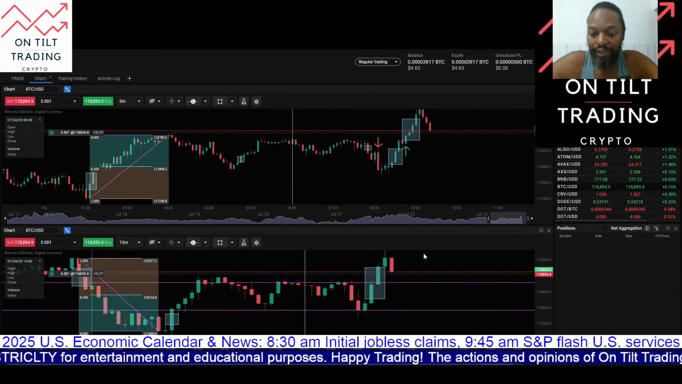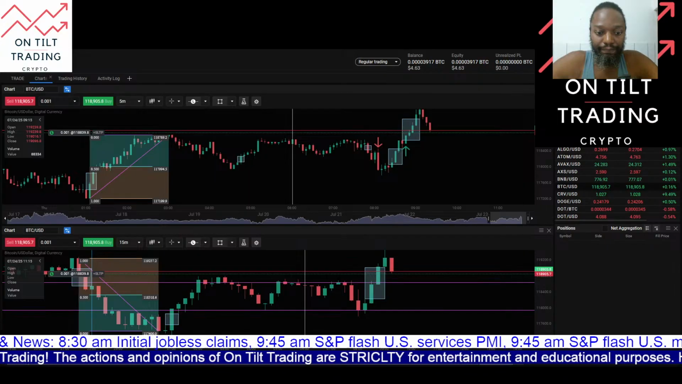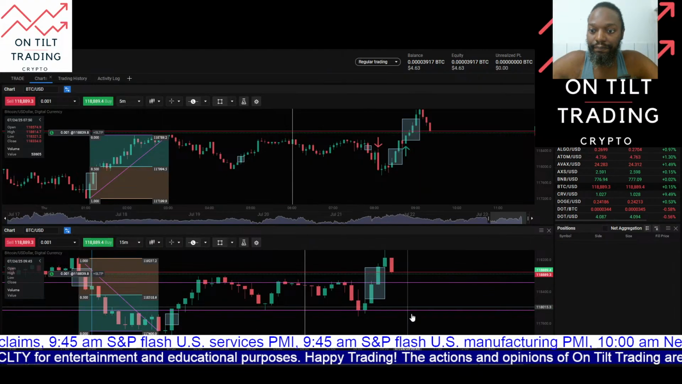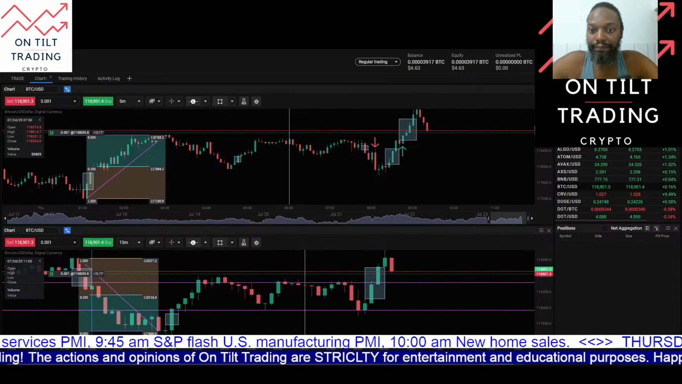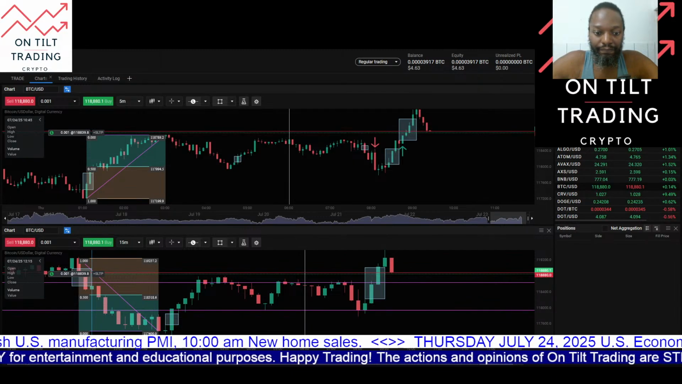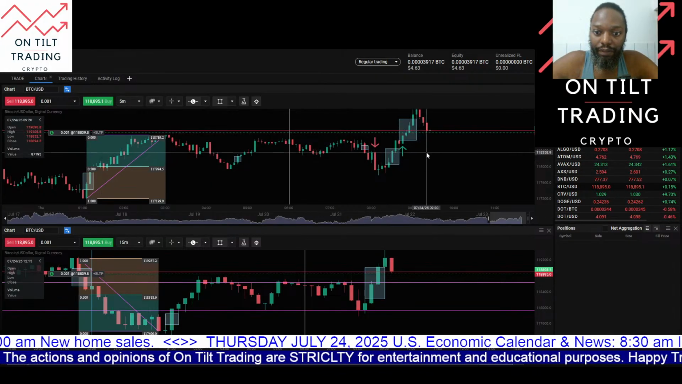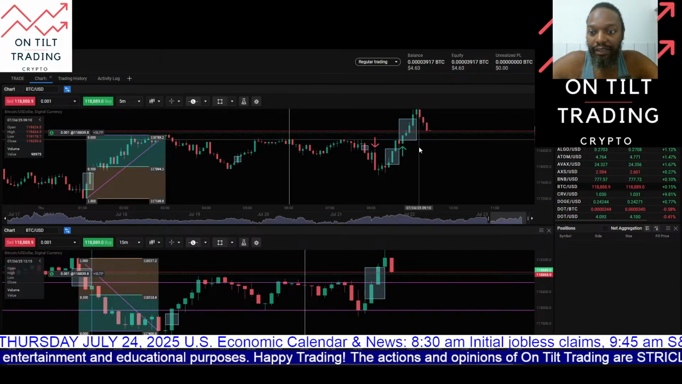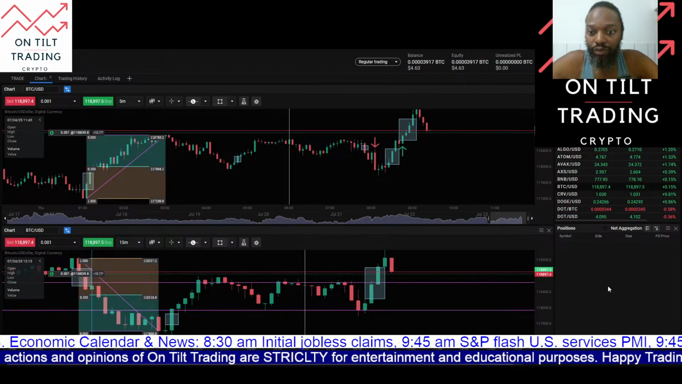And price is still consolidating here between 118,900 and 118,850. Price still consolidating here, and price may have found a bottom. What is this? 852.7. So price is reacting here from the 118,850 level. But I'm going to stay here and hold